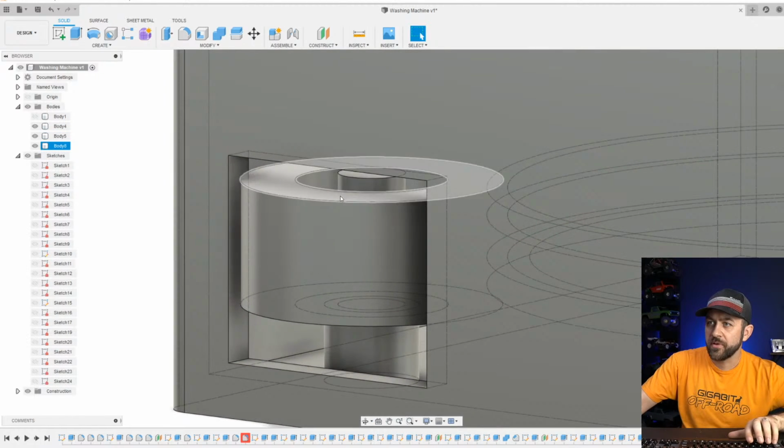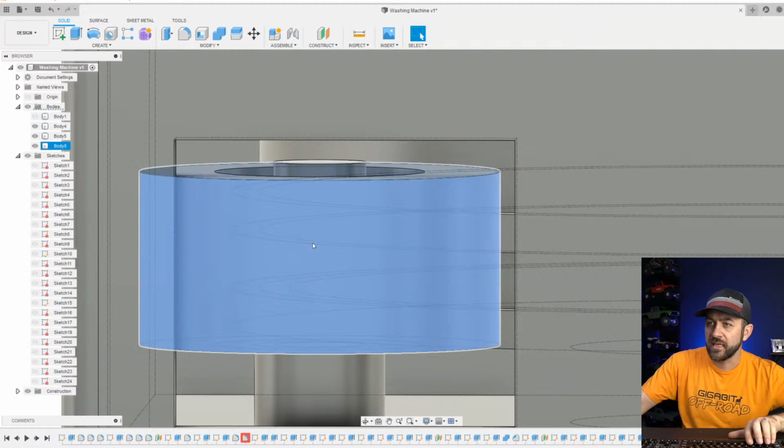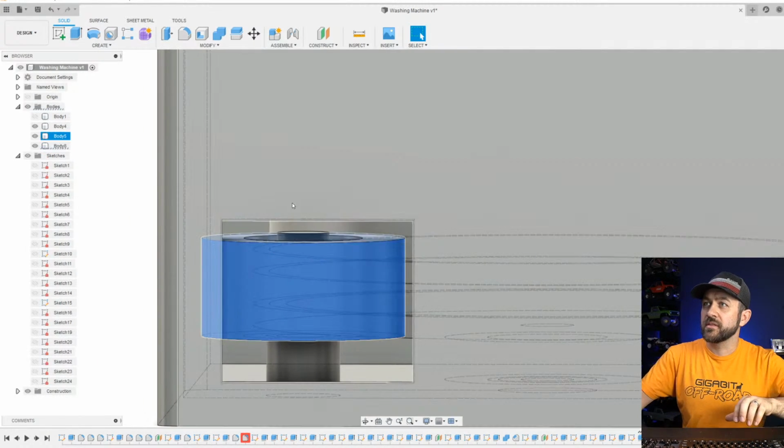And we'll double check a couple of things. I need to make sure that you're going to be able to get this in. Like right now we have some collisions, but